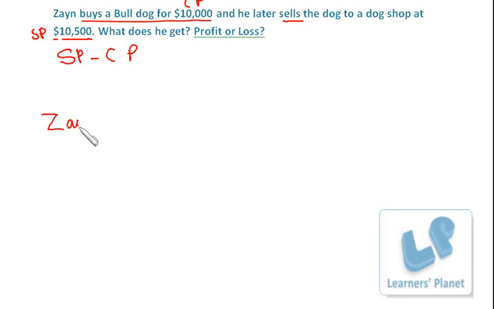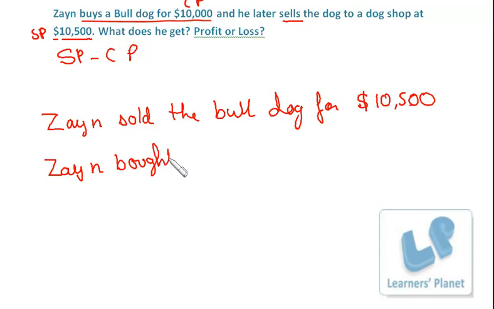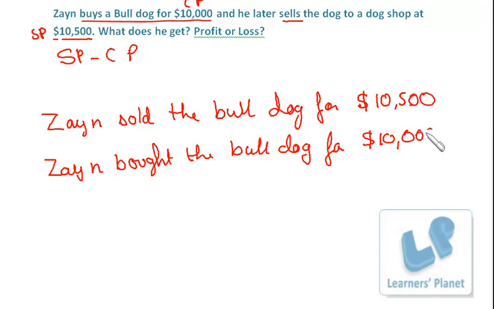So Zane sold the bulldog for $10,500. Zane bought the bulldog for $10,000. Now we'll have the subtraction and that is